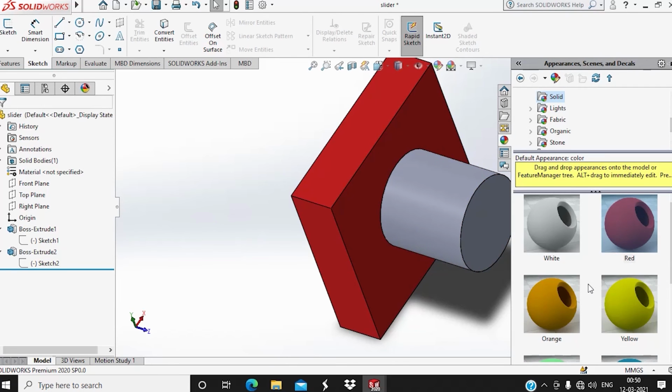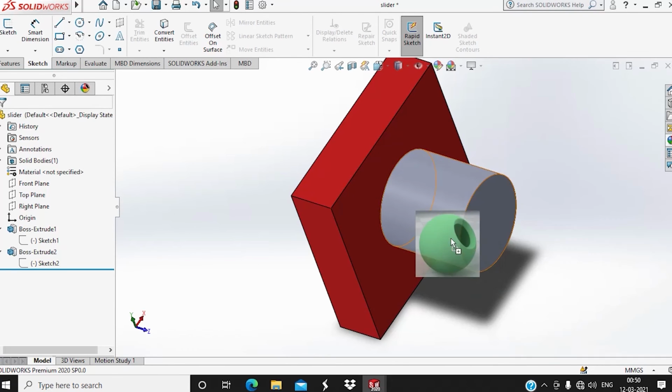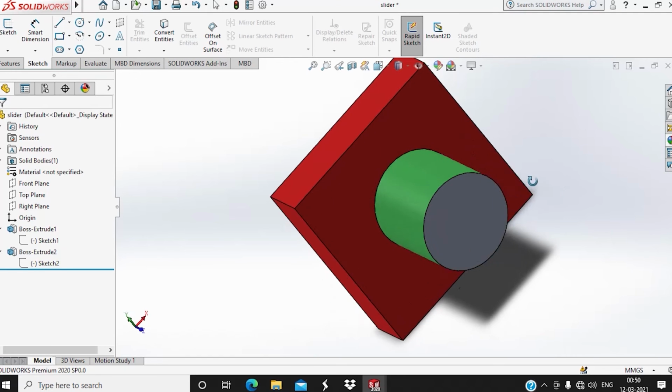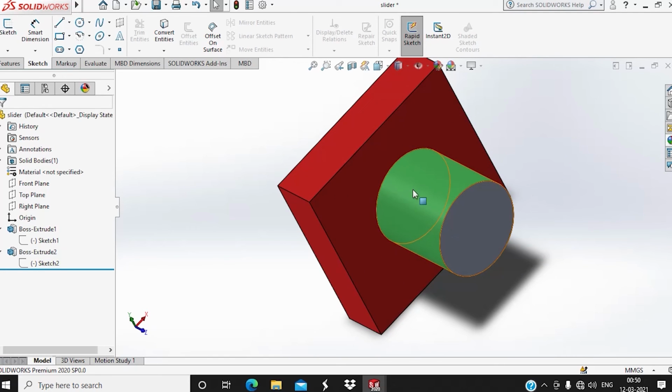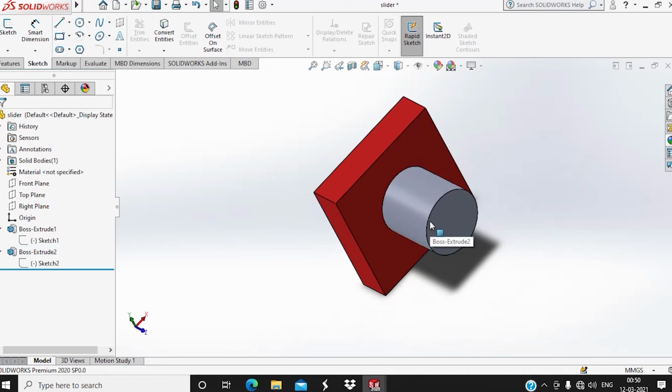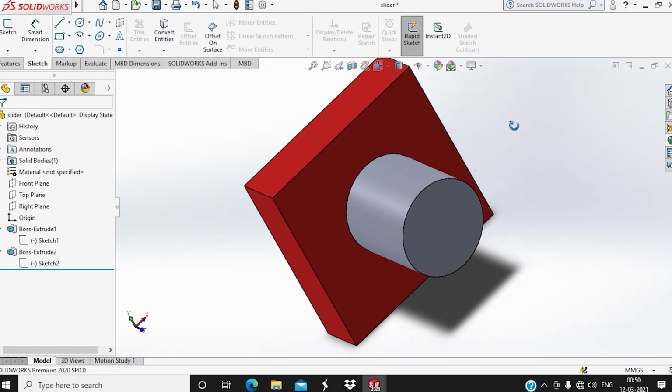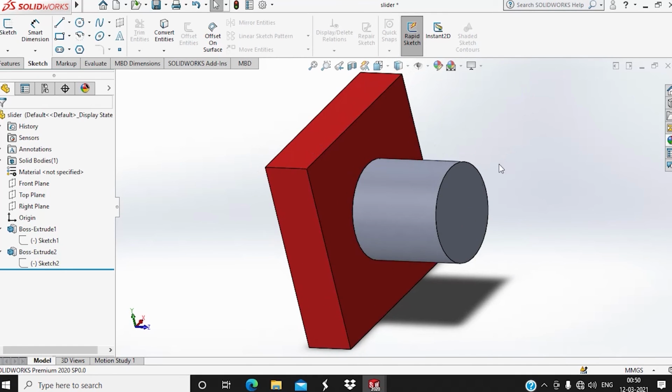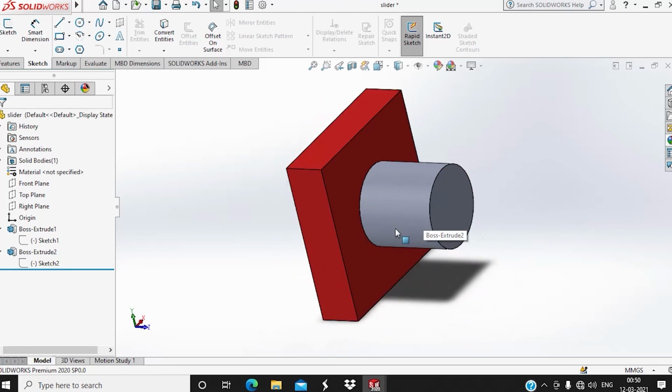For that, I am selecting green color and I dragged it there and I selected face option. Now it is in green color. If you want to eliminate this color, just right click, click appearance and click on this cross mark. Now this color has disappeared. This is how we will give color and eliminate them.